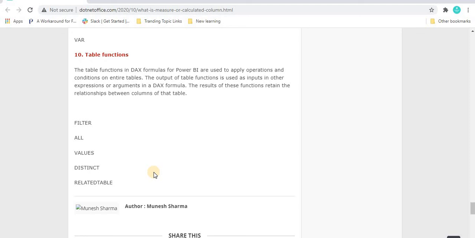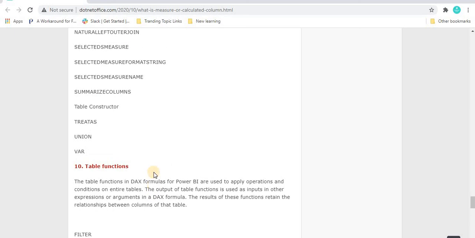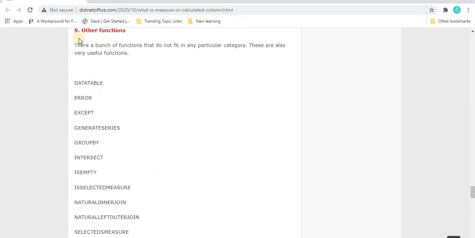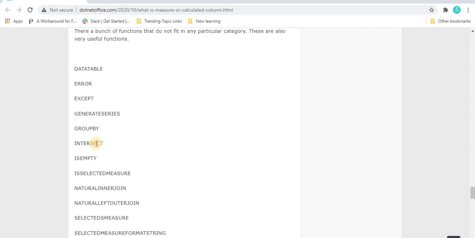In the coming tutorials we will see all the types of functions, and every category contains different types of functions. We will use those and see how they benefit the visualization. For your practice you can play around with all these functions and see how they reflect over the visualization in Power BI. You can find this link in my description section for your help, and you can utilize all those things.